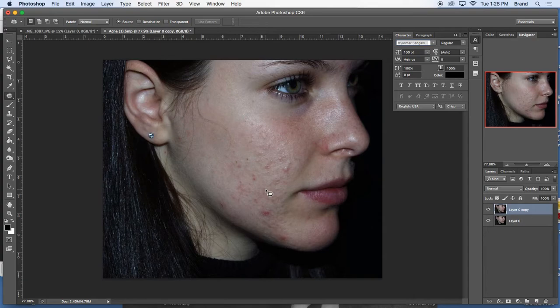You have to make sure that you're paying attention to the lighting. That's the trick. So if we look at the lighting for a second, we've got a shiny spot here. Now the space that I just fixed, it was kind of in the shadowy area, so when I drag it to an area to fix, I need to make sure I'm dragging it to an equally shadowy area. If I drag it up here, it's going to look weird. So I'm going to grab this area and drag it to an area that has like texture and